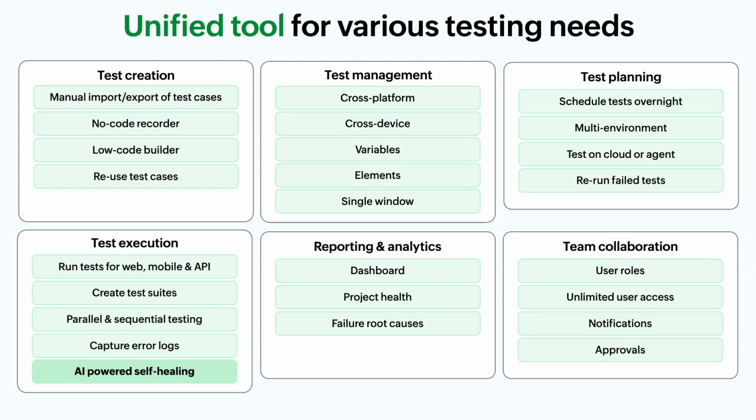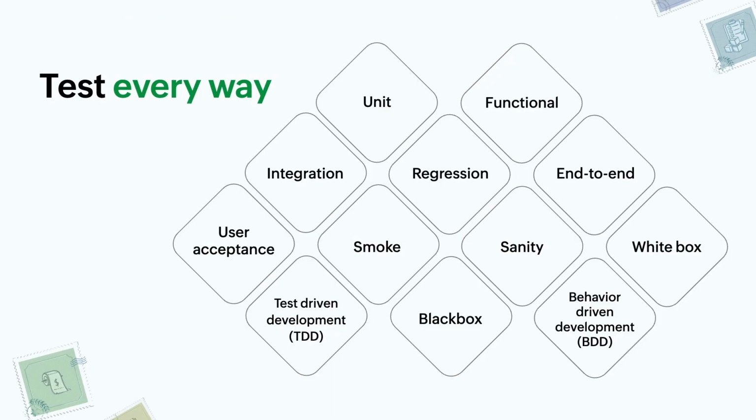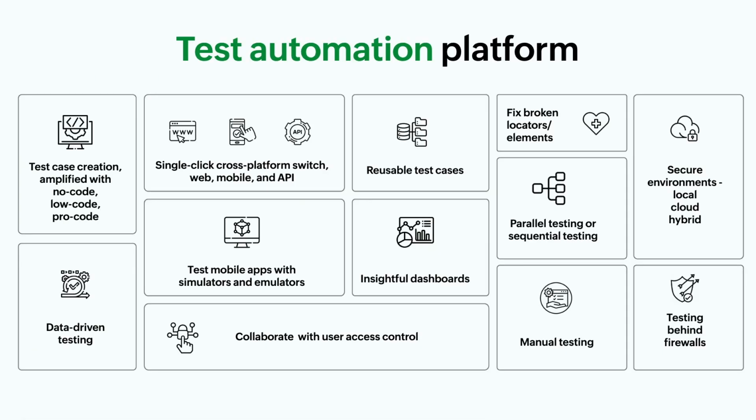So with Zoho Q Engine, you can test any way and every way you want. Be it your sanity testing, regression testing, sandbox testing, user acceptance testing, all these can be done using Q Engine, and all these can be done in a single console view for you. So it's an end-to-end test automation platform that starts with test creation and also ends with where it gives you the reports and analytics of how you have conducted the test cases across the different apps that you are building.